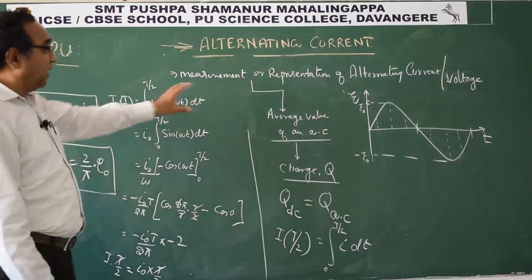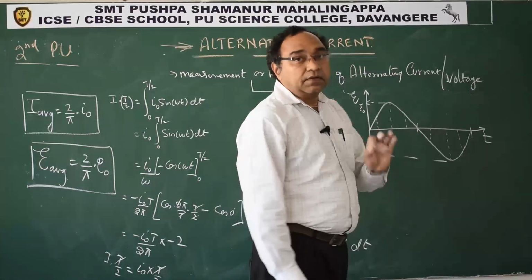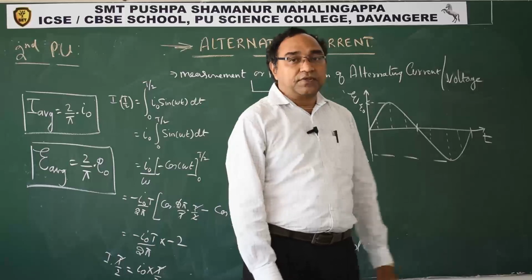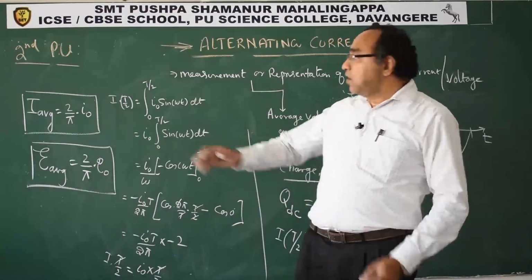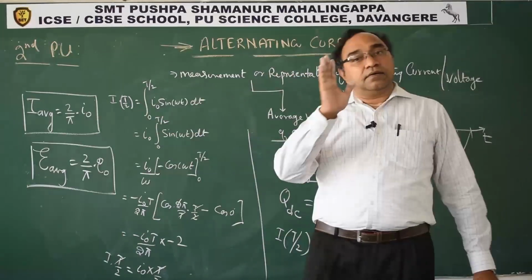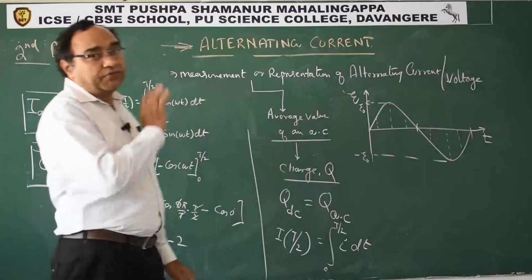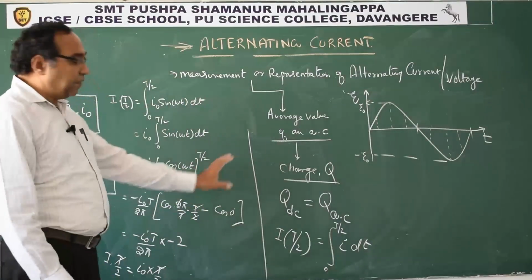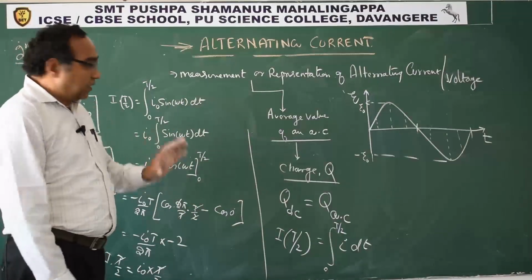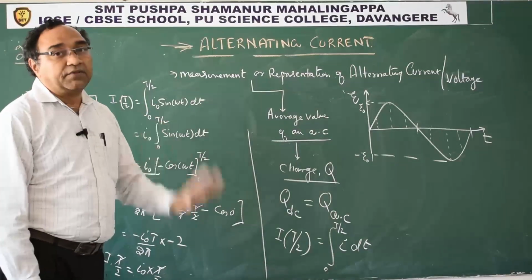Out here, we have a constant time period. It reverses every half cycle. In such fluctuating sources, the value of the alternating source is measured either by the RMS value of AC or by the average value of AC. This will be used in the numericals depending on what data is given. Be very careful about the data.